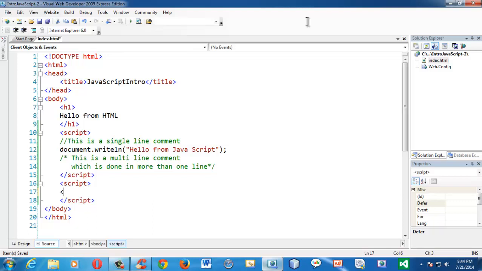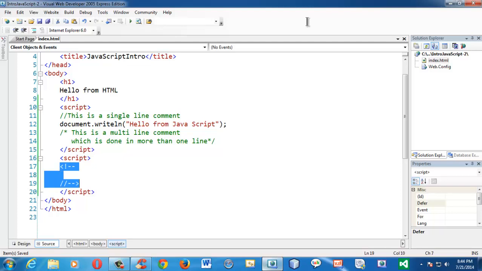For that purpose I have taken another script tag here: an exclamation mark and a double hyphen, then a single line comment, and a double hyphen and an arrow symbol. Whatever you write inside these statements just gets bypassed whenever your user runs the page in ancient browsers like Internet Explorer less than 3 or the Lynx browser.